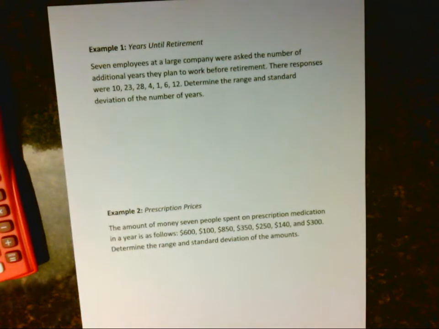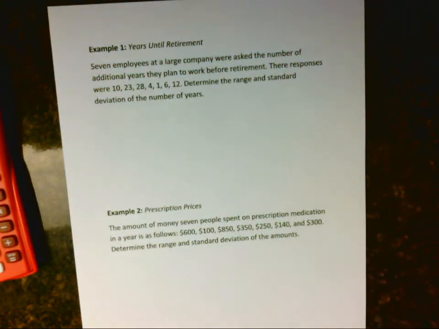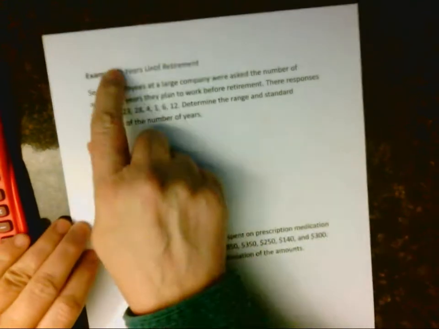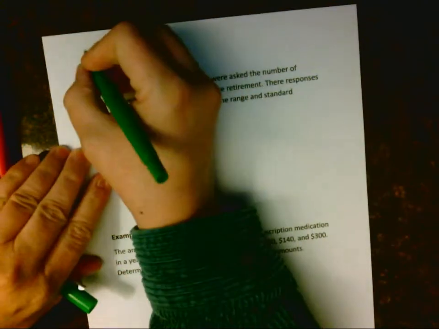This first problem says, let me turn to that page. 7 employees at a large company were asked the number of additional years they plan to work before retirement. Their responses were 10, 23, 28, 4, 1, 6, and 12. Determine the range and standard deviation of the number of years. So I'm going to go above this and calculate the range. Okay, the range